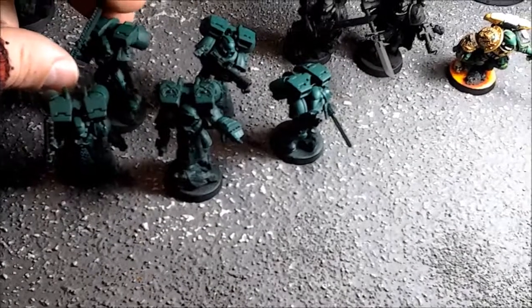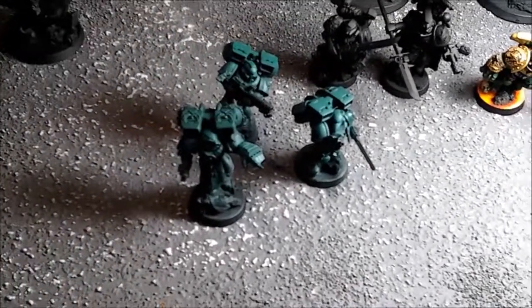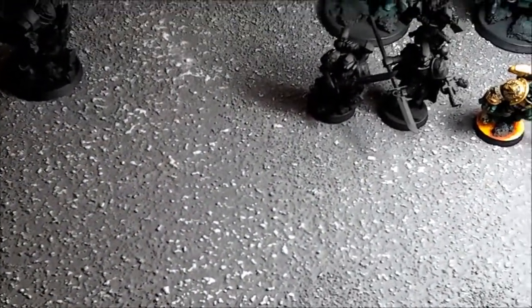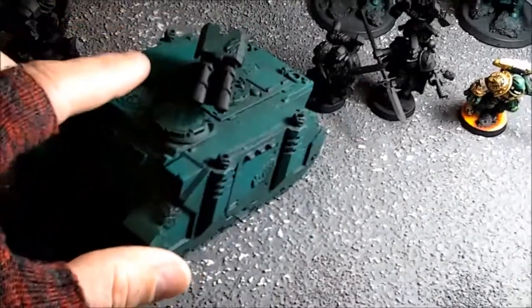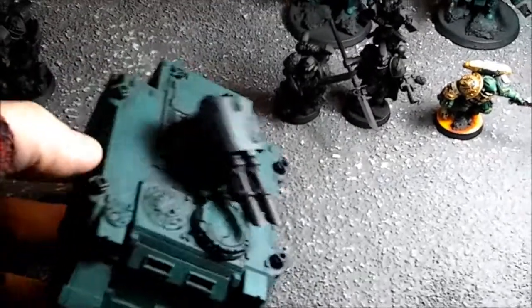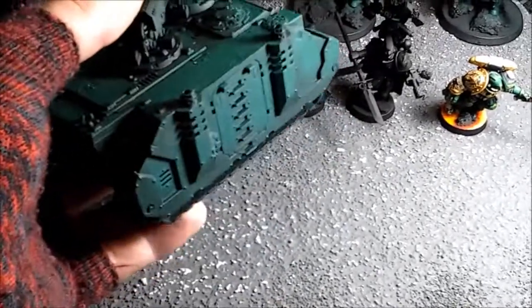So there's that fun unit that I think is really underused. Here's a Razorback, just a normal thing. I added the green stuff scaling in several places, so that when it's all painted up, it gives it that look of being